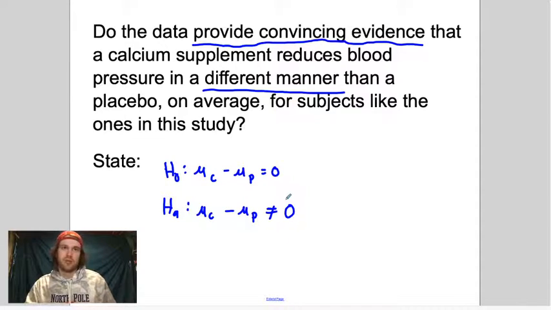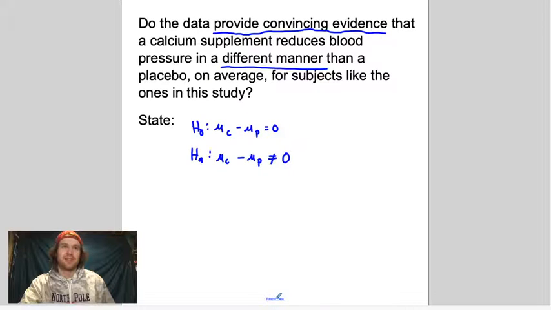It turns out I've changed the question slightly to make this a two-sided test, but that's okay. We're going to move on. All right, so we have to say,